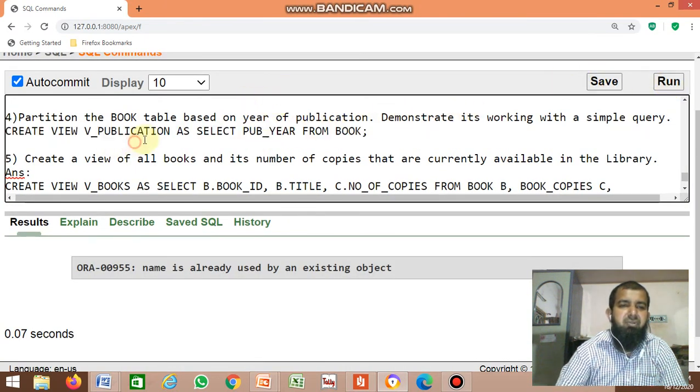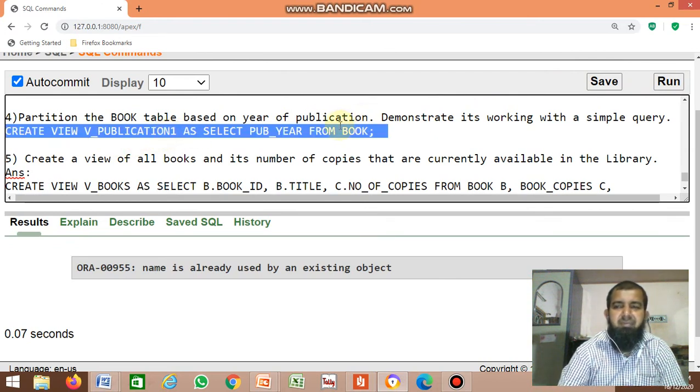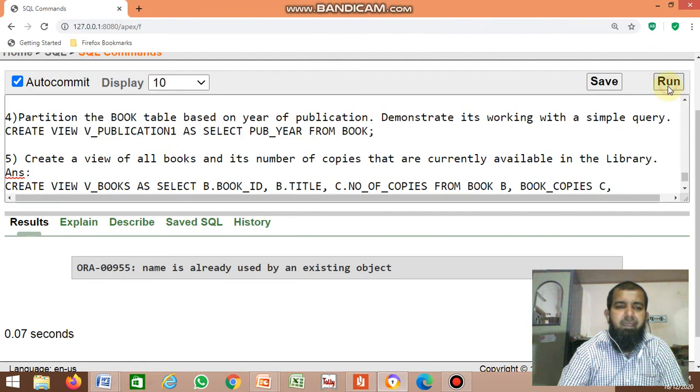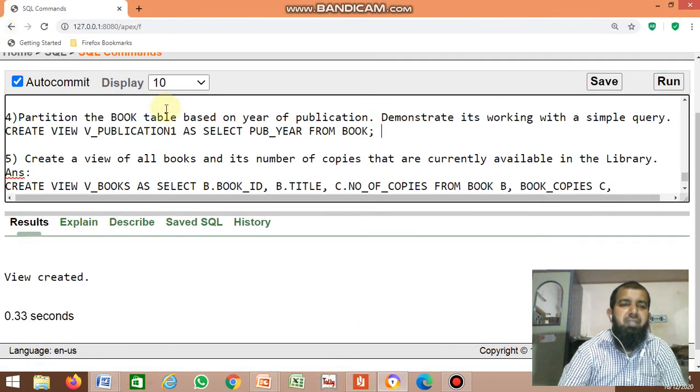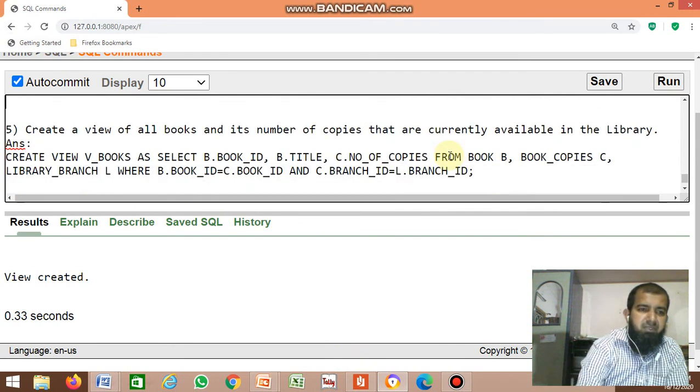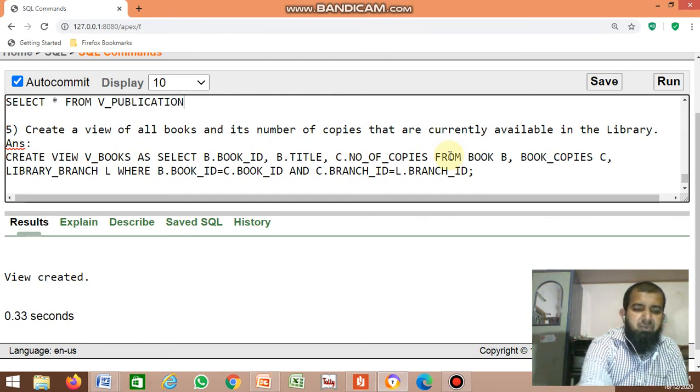Okay, I give a different name, v publication 1. Okay, view is created. Now you display this v publication 1. Select star from v underscore publication 1.